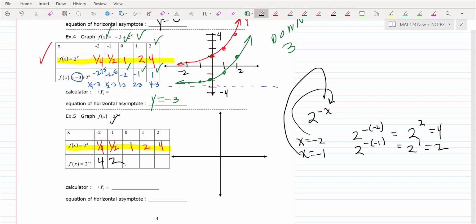So what you're doing now on this one is you're doing 2 to the 0. That's 1. Then you're doing 2 to the -1, because you have that negative there. Then you're doing 2 to the -2. Okay, you can crunch them out methodically one by one, but once you see the pattern, it's pretty easy. So that's 4, 2, 1, 1/2, 1/4, like that. Okay, well, let's put this together and let's see what